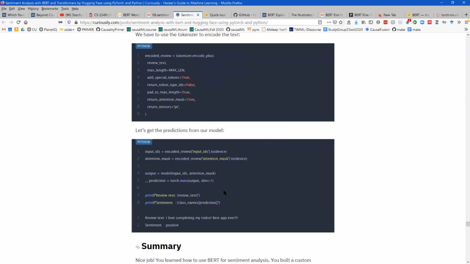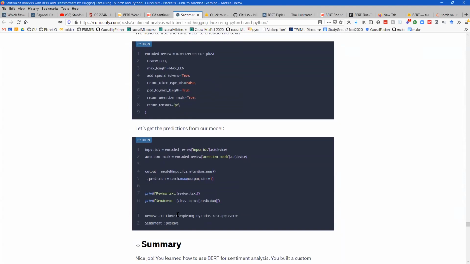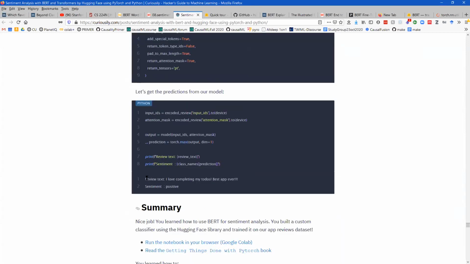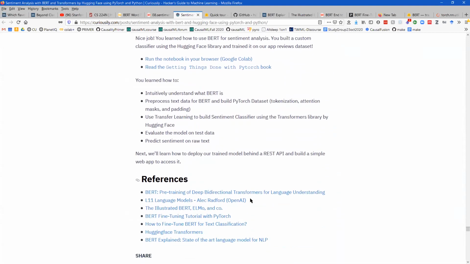So then what's this last thing? Okay, so then he just makes up some review and predicts it, and it's obviously a positive review, and the classifier gets it right. So I think that was a pretty useful